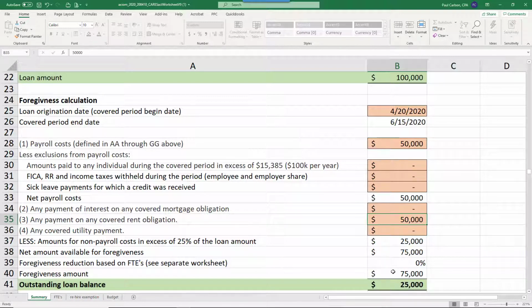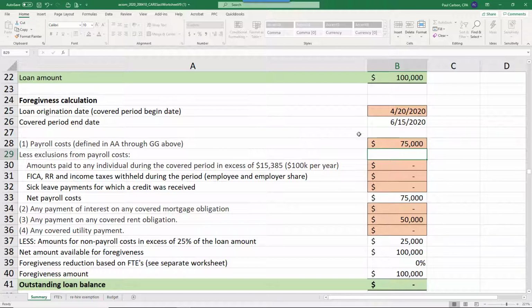So in this calculation, we see that only $75,000 is forgiven, and the firm is going to end up with a loan owing back $25,000. So in this calculation, we want to make sure that we have enough wages plus allowed overhead to reach the threshold required to have 100% forgiven. So we want to watch that cap, that overhead is capped at 25% of the total loan amount. So now we have this adjusted that we spent $75,000 on payroll, we spent $50,000 on rent, and so at this point we're fully forgiven